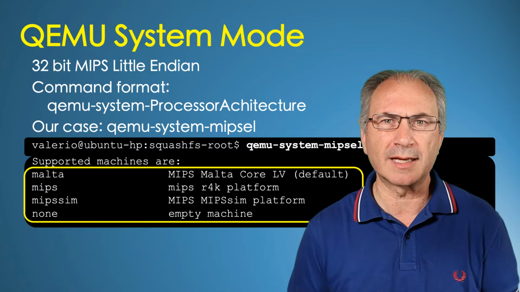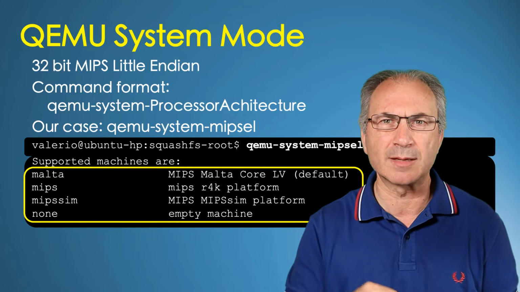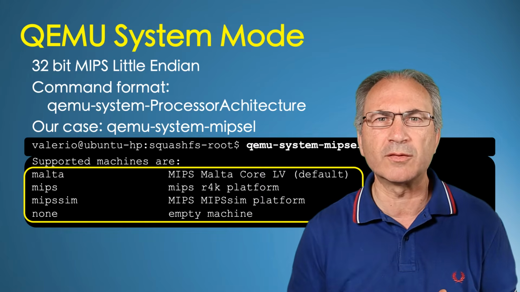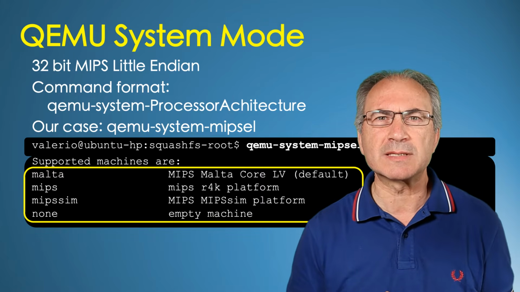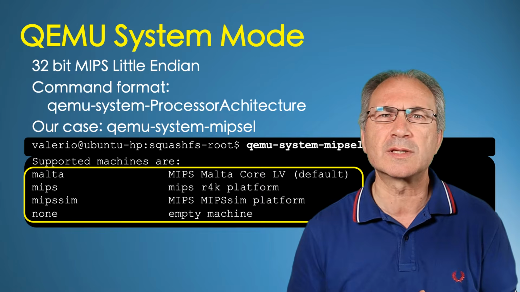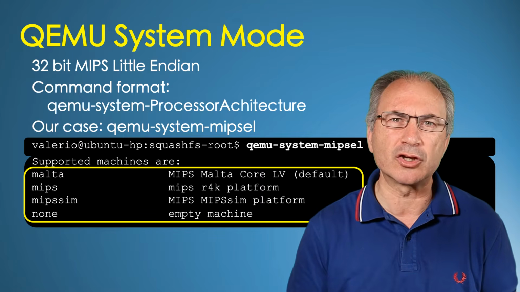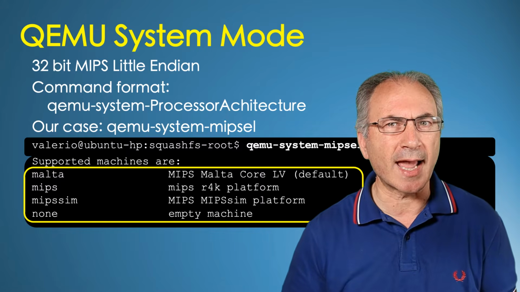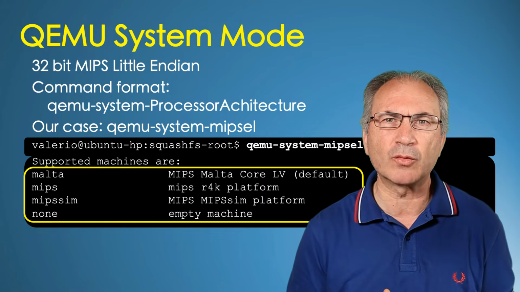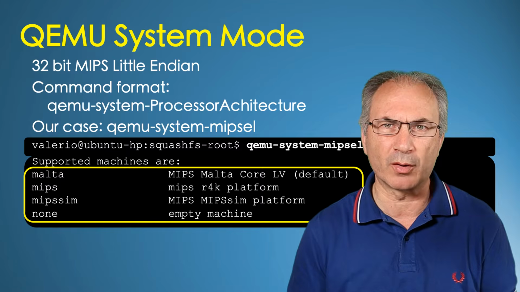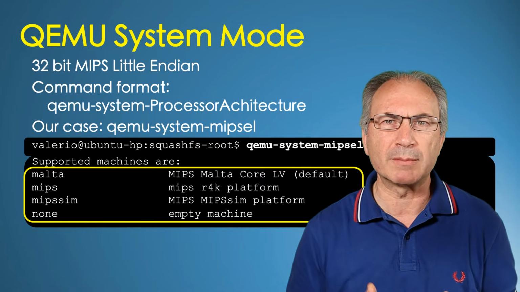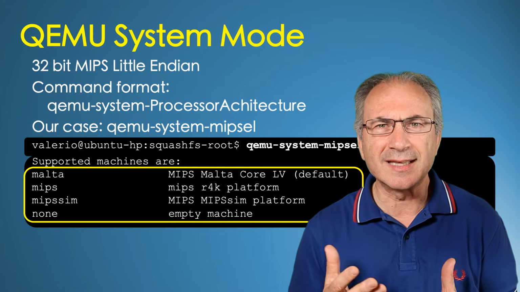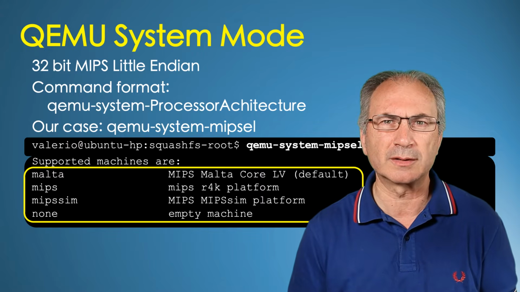You can look at the QEMU user documentation, link in the description below. Anyway, a good starting point is to use the default machine. Sometimes the default machine will reproduce the configuration and limitations of a real board. For example, you cannot assign more RAM than the amount of RAM available on the emulated board. If you need to overcome these limitations, you can choose a more generic machine that doesn't reproduce an actual board.